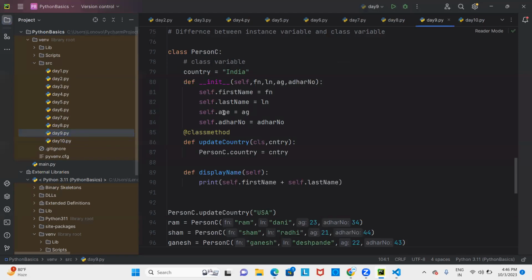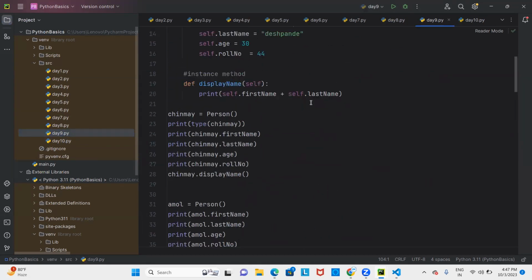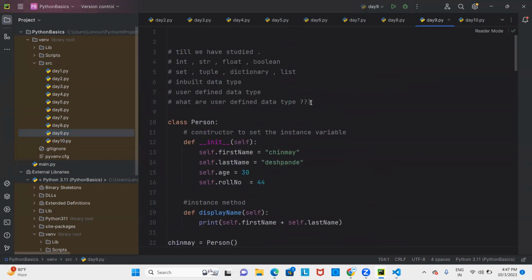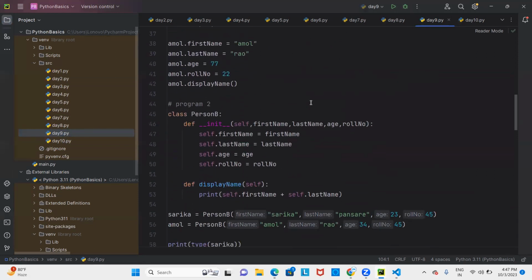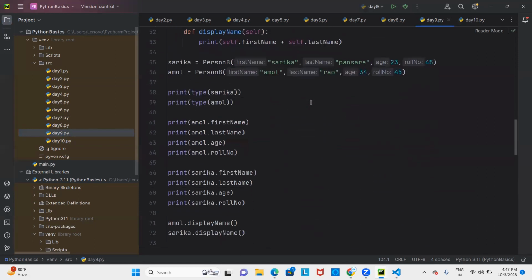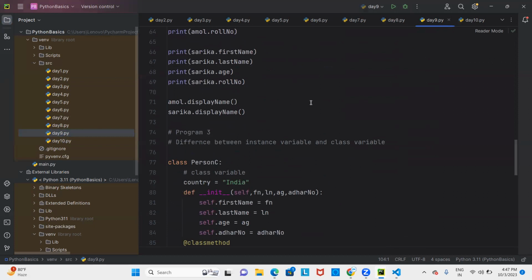So we started with the user defined data type, right? And we have seen how to basically define the class. So first we define the class with the hard-coded values. Then we define the class with the constructor. And then we have basically seen the class level variables or